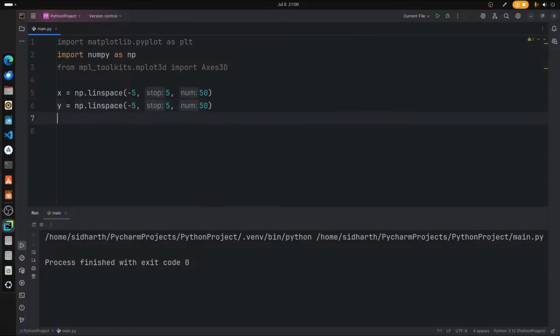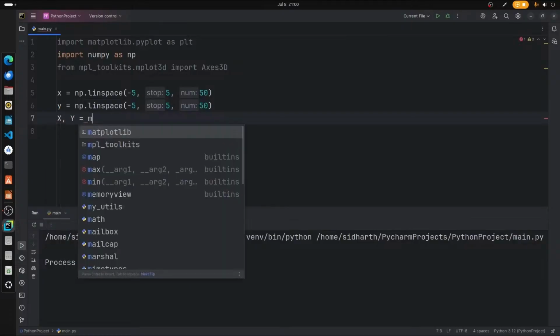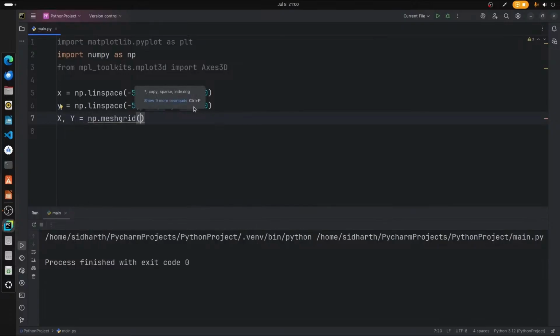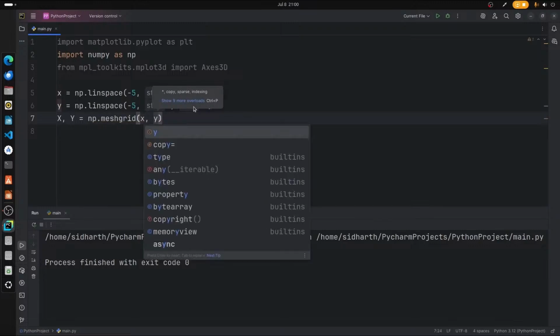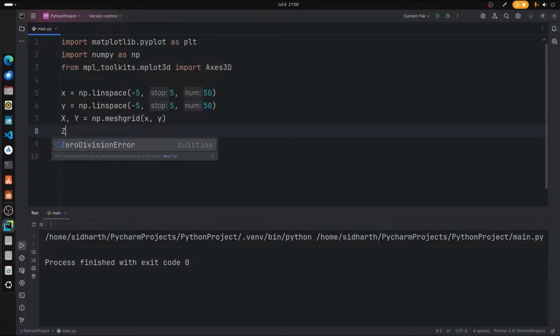Now x comma y is equal to np.meshgrid of x comma y, and then z is equal to